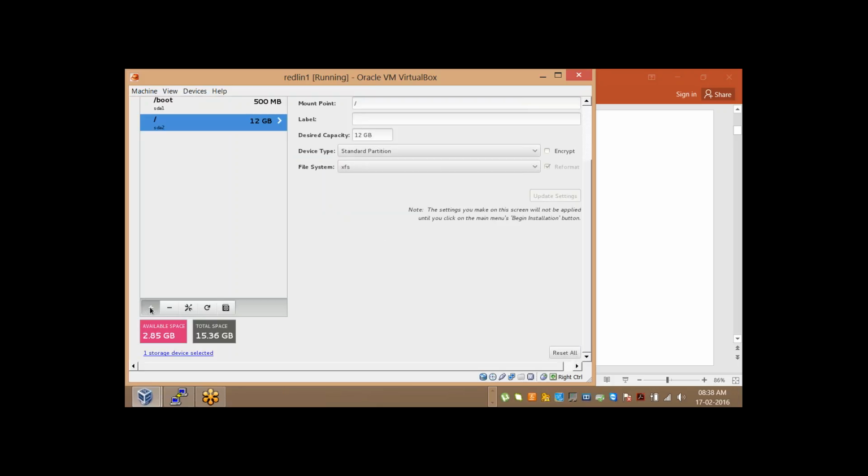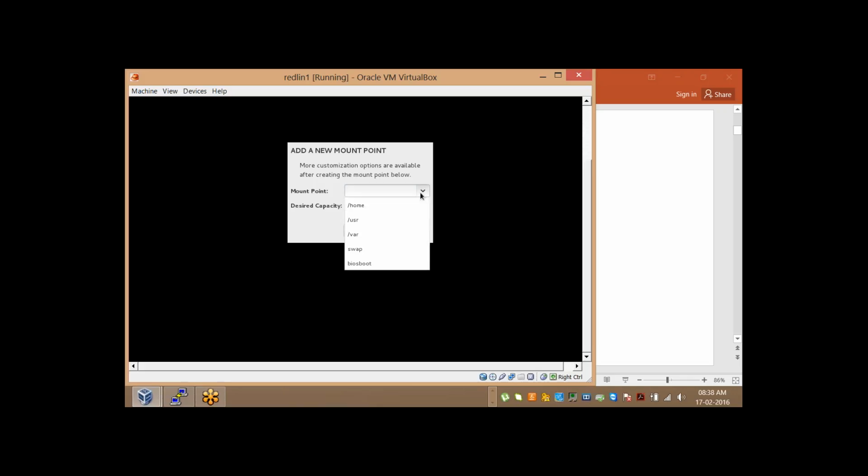Done. And plus, then comes swap. Now I hope you all are familiar with the importance of RAM in a Linux system. Whatever applications you use, whatever operations you perform, all these things go into your RAM. Your RAM will keep getting filled in. RAM basically helps you make your system faster. Rather than going to disk and fetching the content, it is much faster to fetch the content from your